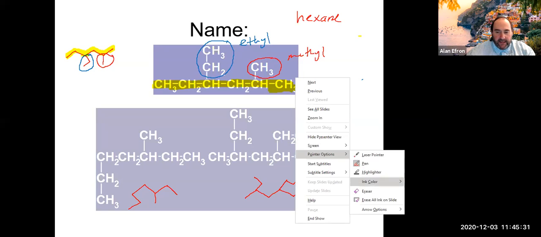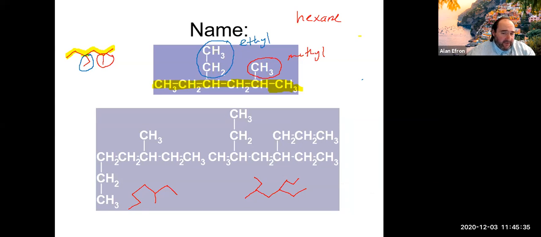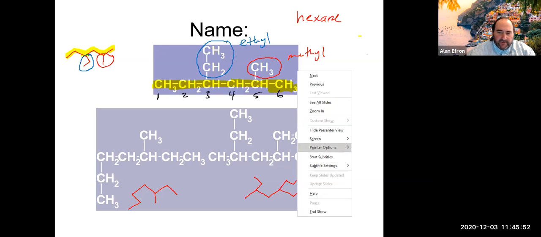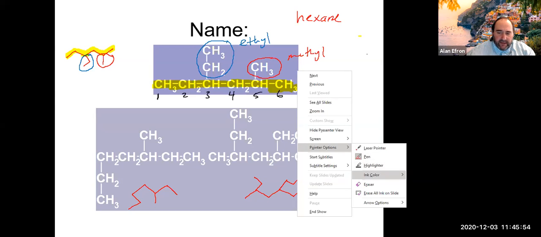So really, at this point, we want to number. Again, we have two options. We could go left to right, which means this would be carbon 1, 2, 3, 4, 5, and 6. Going in this direction, we would have groups at carbon number 3 and carbon number 5. If we chose to number in the opposite direction,